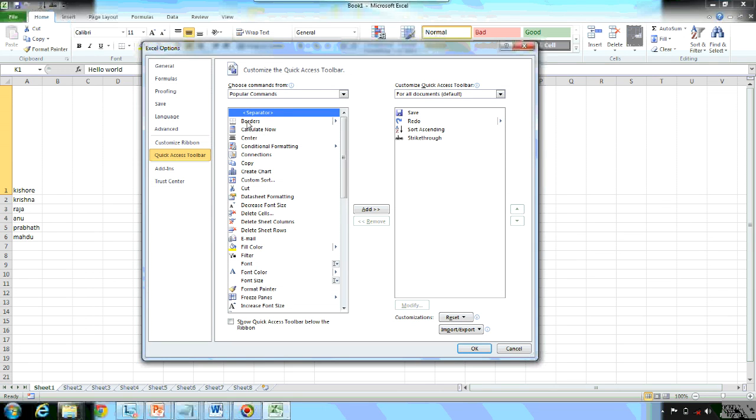Say, for example, I want to add borders and calculate now. Now I want to add a separator. Add a separator, borders, calendar. I want to add calculate now, center, and copy as one group. And one more time I want to add a separator. Again, I want to create chart